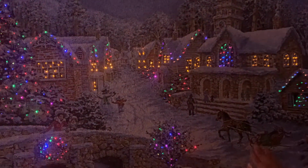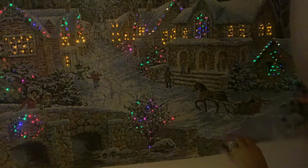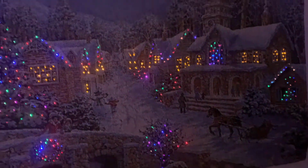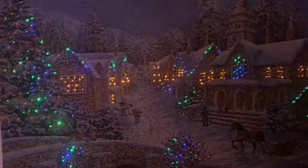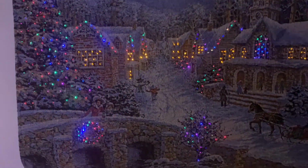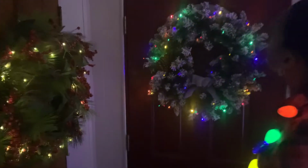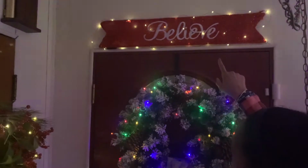This one isn't reversible. It actually has black fabric in the back, but it has the trees and the churches and everything in the little house here, and it's just really, really nice. And the last thing I want to show you, wreaths and the Believe. And the Believe, believe it or not, came from